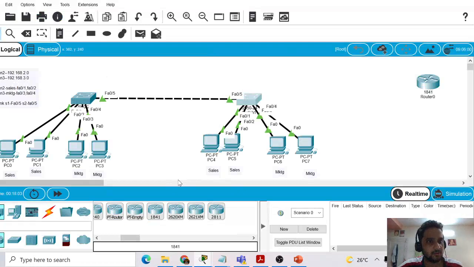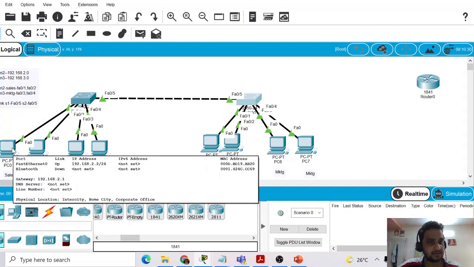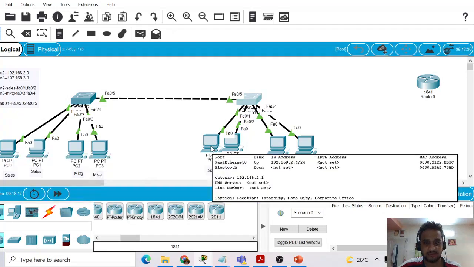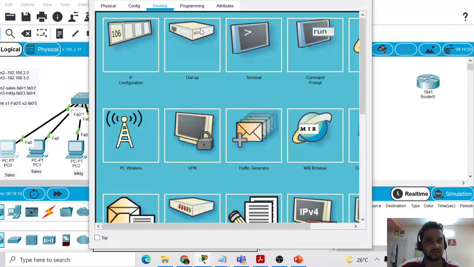So now what I will do, to make sure that this is working, I will try to ping PC0 to PC4. So PC0 has IP 192.2.2 and this IP is 2.4. So let's see, it should ping actually.